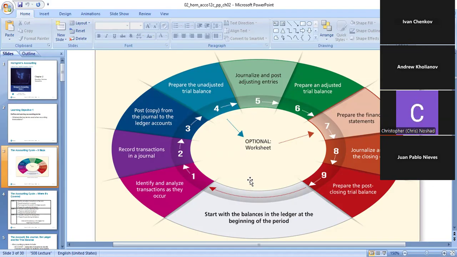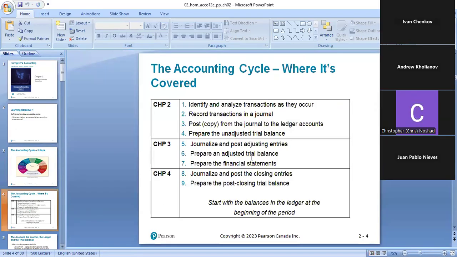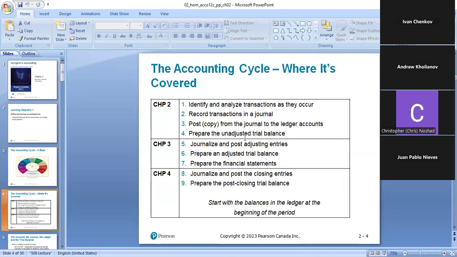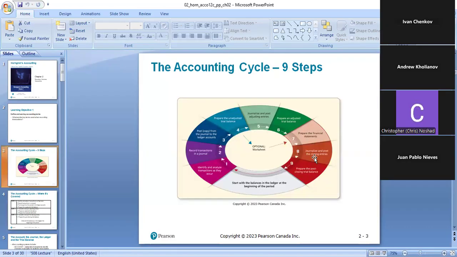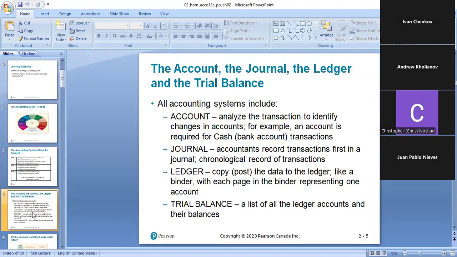And that's our objective: the numbers of the circle, and which part of the circle we are in. So in summary, today we're going to see steps 1 to 4. Then next time we're going to see steps 5, 6, and 7. And in chapter 4, we're going to see the last two steps, 8 and 9. That's our objective. How are we going to achieve it? With more knowledge. First, before we start, the accounting system is organized